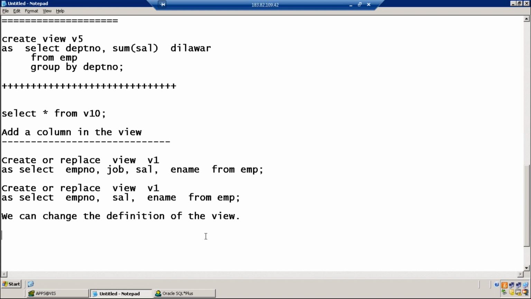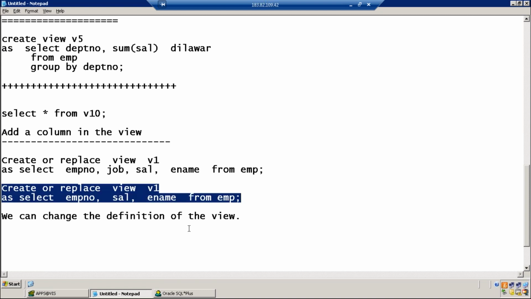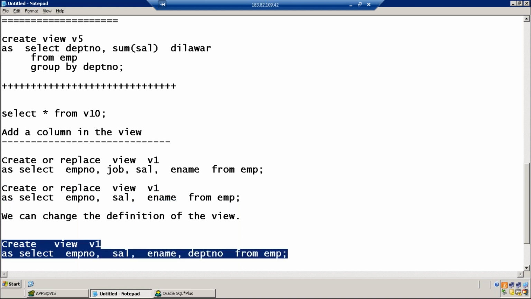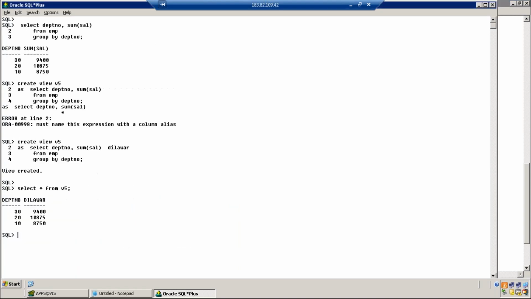Here, using create or replace? Yeah, this one. If you don't use replace, then it will create the view if a view doesn't exist with the same name. If you just write create view, v1 is already there, isn't it?